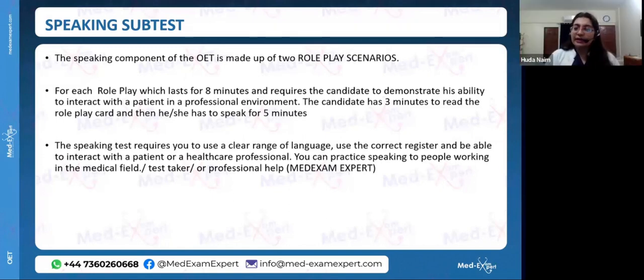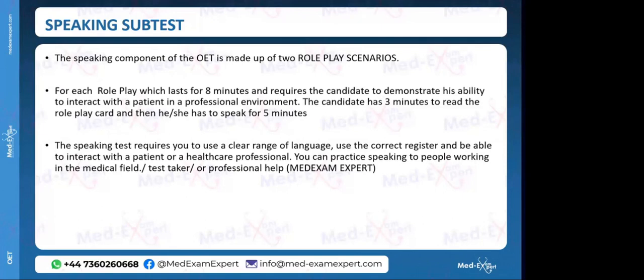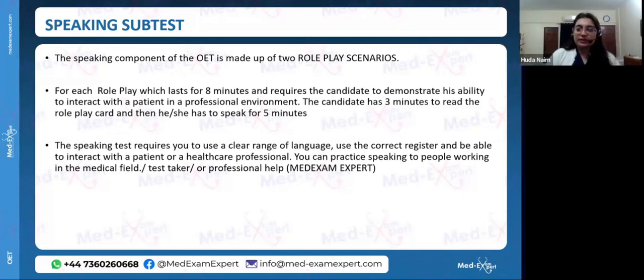It's not necessary. I think you can add it, but do not add any medical information on your own. I hope you get my point. For example, if you're talking about thyroid disease, for instance hyperthyroidism, and it's only mentioned that the patient is suffering from diarrhea or from weight loss, do not add medical information on your own. You can ask a few questions, maybe here and there, but do not add any medical information on your own.